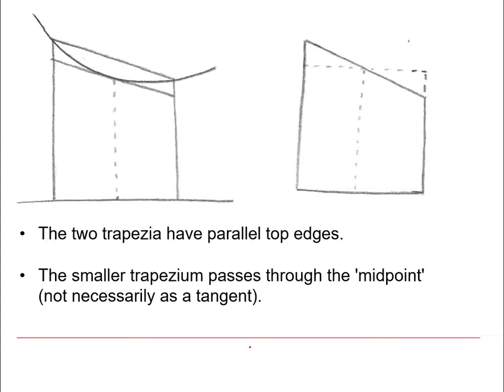Now we can show why the trapezium rule approaches the true area from above and the midpoint rule approaches it from below for this particular shape of curve. In the left hand diagram, the larger trapezium is the one being used in the trapezium rule, so clearly the area underneath that is greater than the area underneath the curve. We can show that the lower trapezium actually has the same area as we calculate for the midpoint rule, because in the diagram on the right hand side, the rectangle we use for the midpoint rule has an upper edge indicated by the